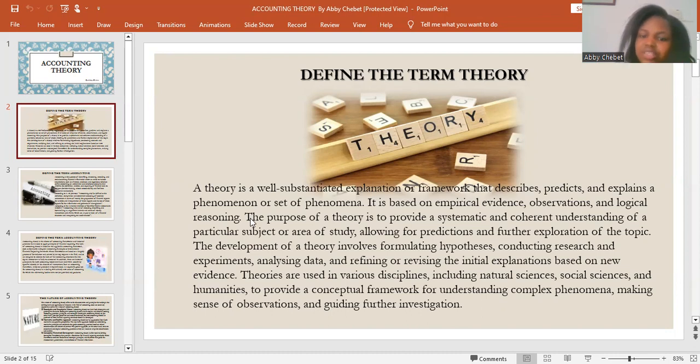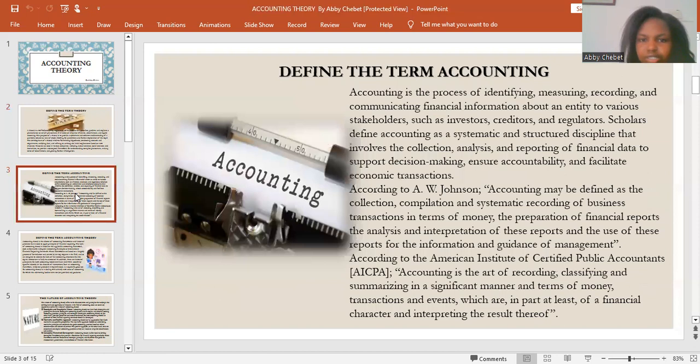The development of a theory involves formulating hypotheses, conducting research, experimenting, analyzing data, and refining or revising the initial explanations based on new evidence. Theories are used in various disciplines, for example, natural sciences, social sciences, and humanities, to provide a conceptual framing for understanding, making sense of observation, and guiding further investigation. So we'll have to also define the term accounting, and accounting is the process of identifying, measuring,